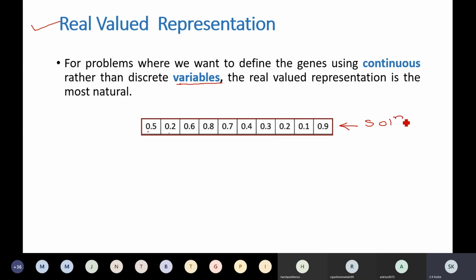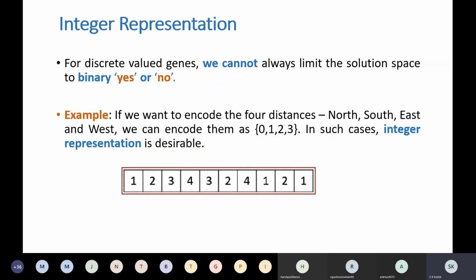So you just think of for what kind of problem such a representation might have to be used. But real valued representation is like this. Okay. So in a solution, there are how many parameters? 1, 2, 3, 4, 5, 6, 7, 8, 9 and 10. 10 parameters are there. Every parameter has continuous value. Okay. That is, it seems like between 0 to 1. So such a representation is called as real valued representation, where real numbers are used for representing the variables.